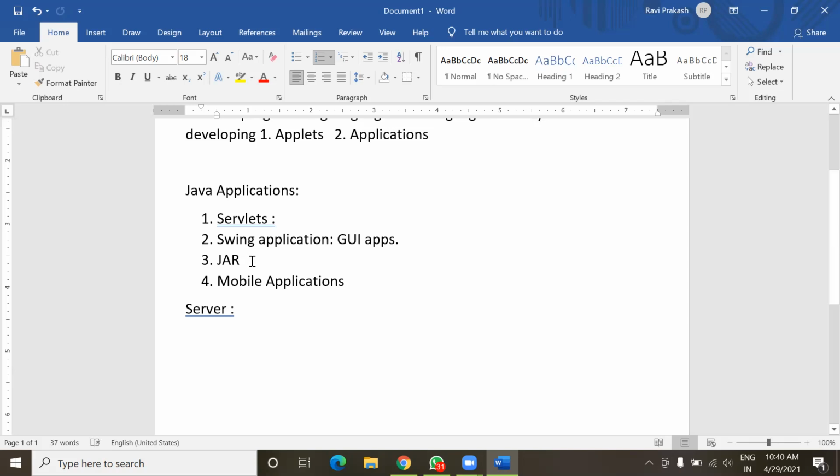Next is JAR, means JAR. It is actually Java archive files. First of all, you should know that whenever we create any application using Java, in that application several files we have to create. That depends upon the size and complexity of the application.